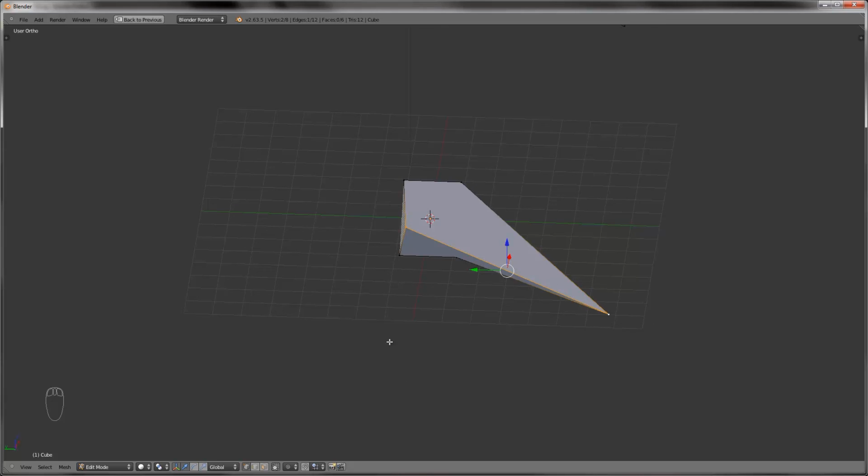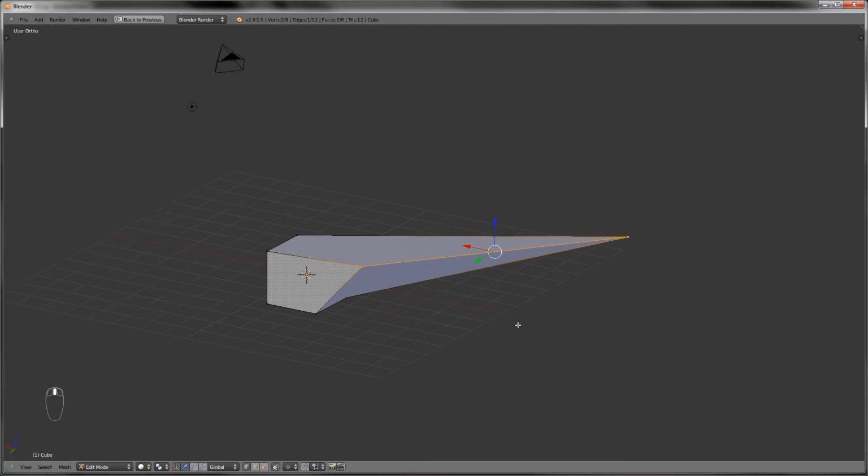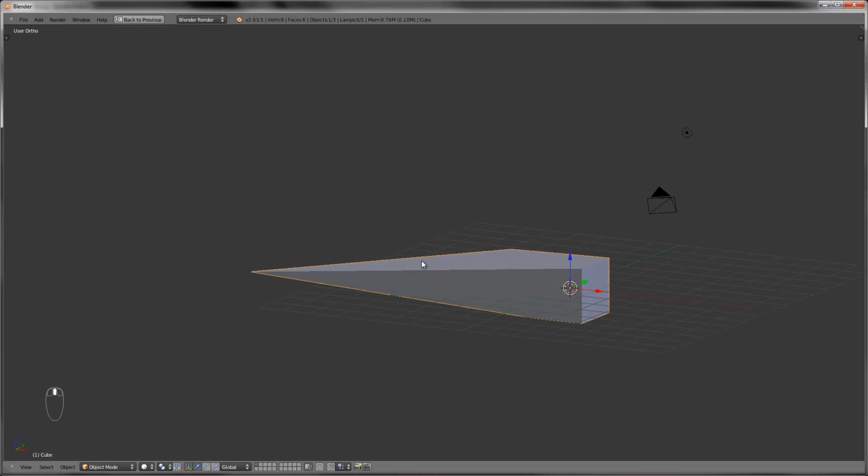So now that I've given you a basic introduction to edit mode and some of the simple transformations you can do, let's just go out of edit mode, and this is actually another shortcut. Instead of having to go down here and go to object mode, you can just hit Tab. And with Tab, you're back into object mode, and you can see that your object has been changed in shape,